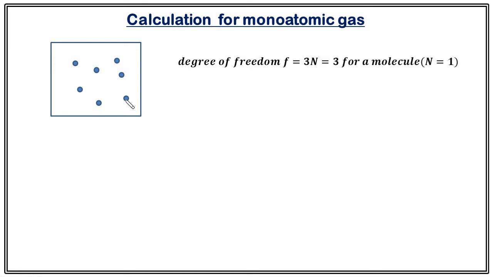Okay. For the monoatomic gas. What is a monoatomic gas? A monoatomic gas means a gas whose molecule consists of only one atom. That is, it will look like this. Here we will assume that there is no vibrational or rotational motion. In such a scenario, what will happen? The number of degrees of freedom for each molecule will be 3 because it is moving in 3D space. So in 3D space, we need 3 independent coordinates to specify its location. Therefore, the degree of freedom will be 3 for one molecule and it will be 3n for the whole gaseous system if n is the number of molecules.